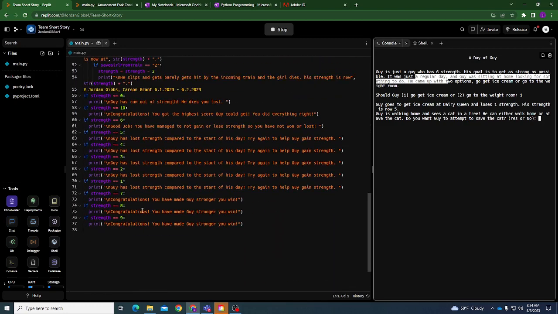And by the end, if he has the maximum amount or lowest amount, we have if statements that are conditions. If he gets 0, he ran out of strength, he dies, he lost. And if he gets the highest, you get congratulations, you get the highest score, you did everything right.